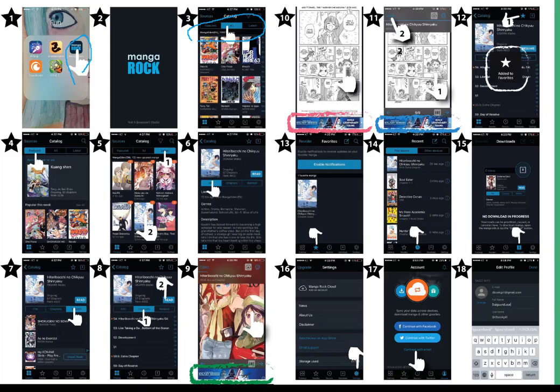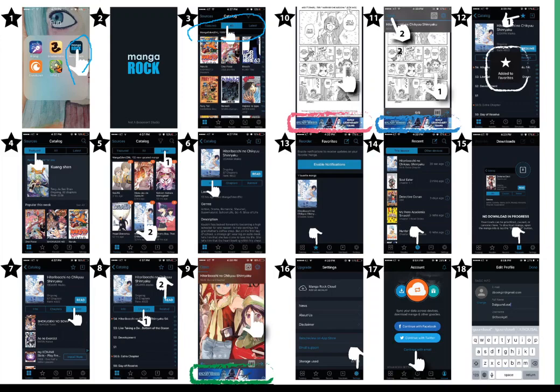Where is it? 3, 4. Okay, I clicked the info to see if the manga is my type or not. I saw the chapters list, to see if it's too long or short to read, and started reading it.